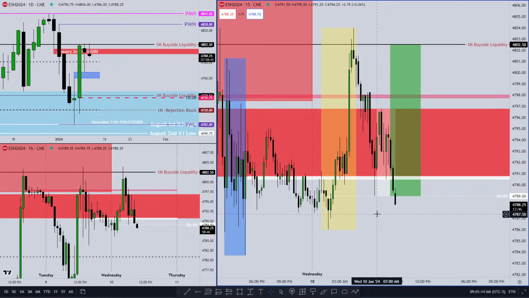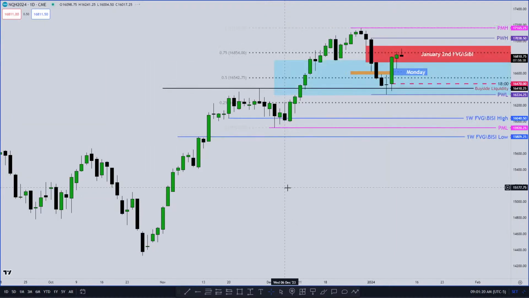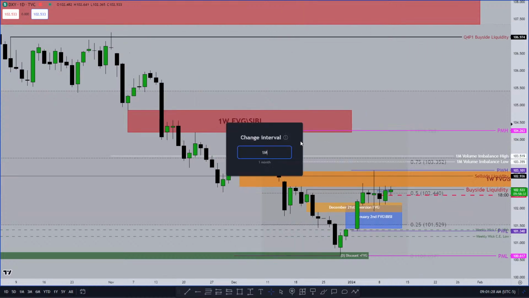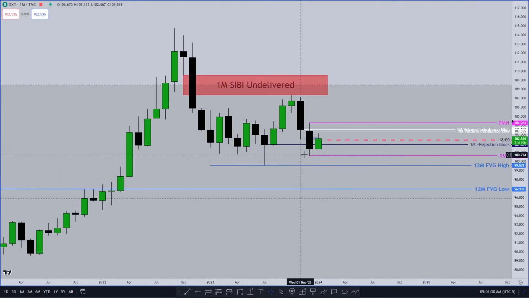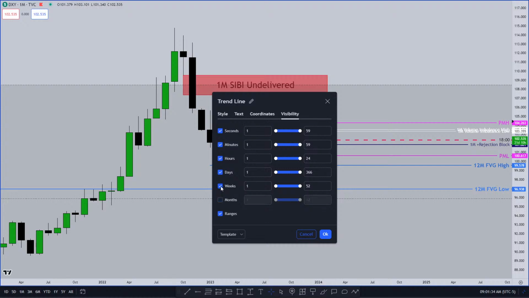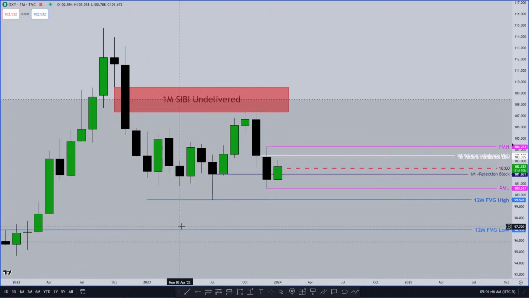But let's cycle through the time frames and start with the dollar index. So dollar index monthly. I'm gonna go through everything today and wrap it up in the first hour of the market open. So by 10:30 you should be done. So monthly,